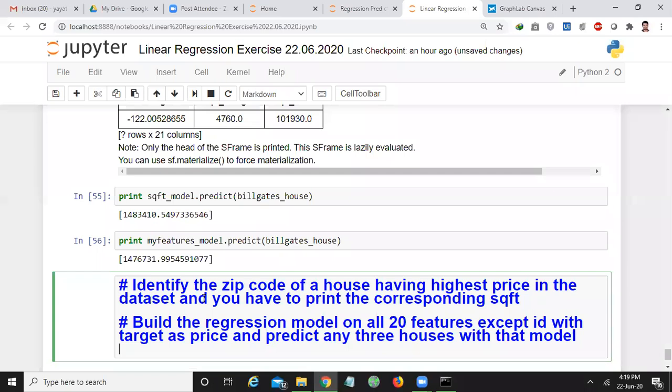Okay, is the assignment clear, all of you? Yes? Any doubts? The assignment is clear?